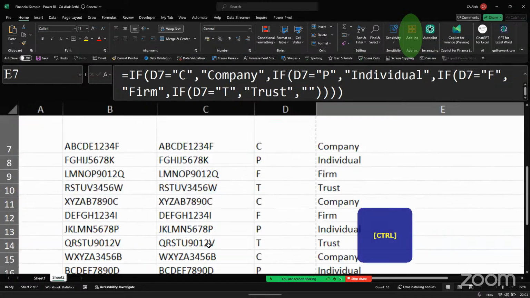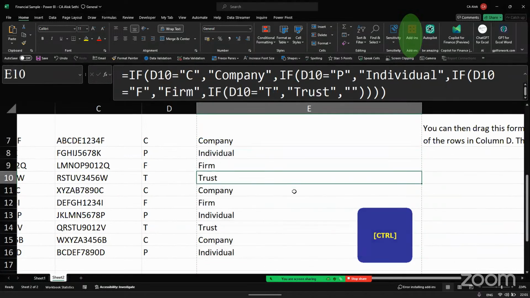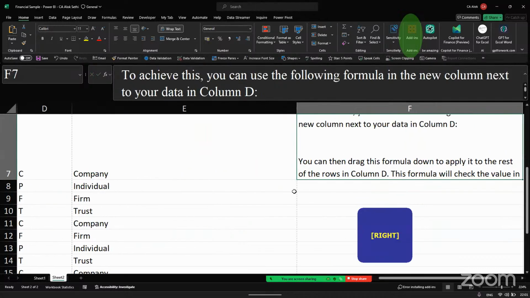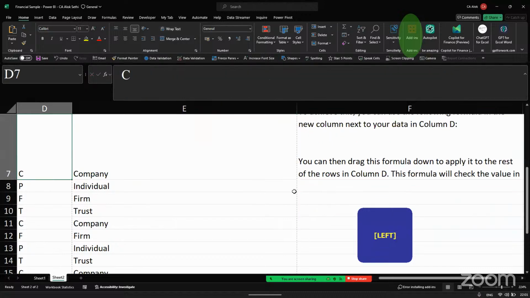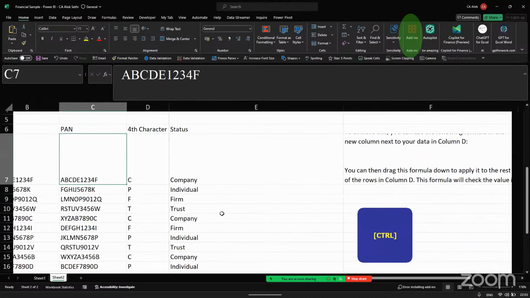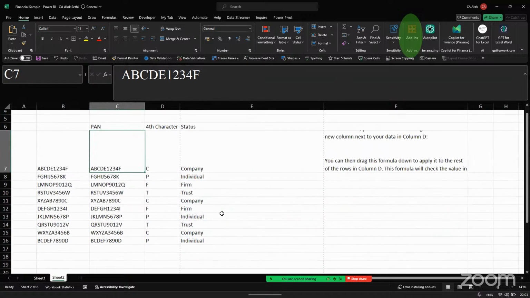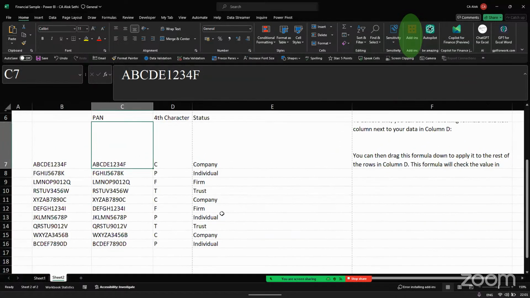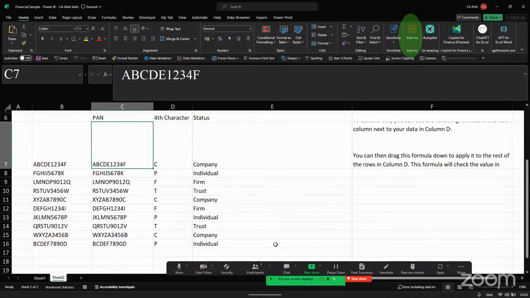See, guys, आपको कोई मेहनत नहीं करनी पड़ी। अगर आपको इफ भी आता था, लेकिन इतनी बार कौन लिखता। आपने एक इंग्लिश के सेंटेंस में उसको समझा दिया क्या करना है, और AI has given this result. This is really awesome. और आप अब बता सकते हैं कि अगर टीडीएस कटा है तो वो सही कटा है या नहीं कटा है, ये भी वो चेक करके बता देगा एआई आपको।